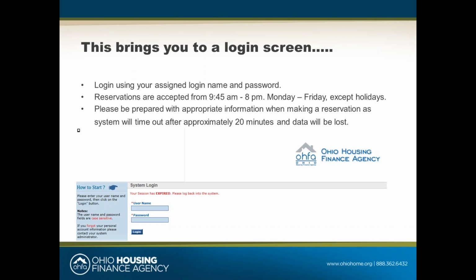It kind of forces everyone to give us a call so that we can adjust the reservation that's in the system, or make sure that it's an old one and we can do a new reservation and they're really not duplicates. So if you get that when you're trying to reserve it, just print that out or save it as a screen print and email it to us and say, hey, I need somebody to reserve this, what's going on with it? And we'll let you know if it's already reserved with